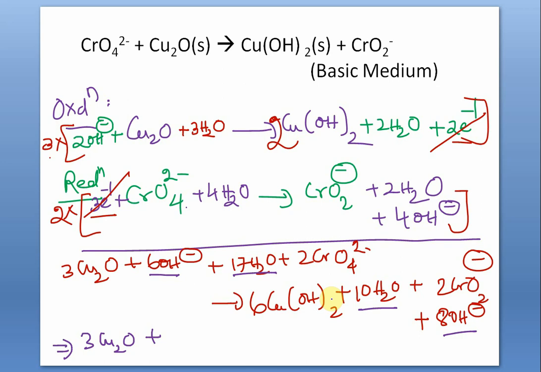Supposing by chance somebody has given you an equation in which by mistake he has placed OH minus ion in the LHS and water in the RHS. So you can break your head into pieces, but you can't balance that equation. Cannot materially balance. So the material balance demands that water be placed in LHS and OH minus be